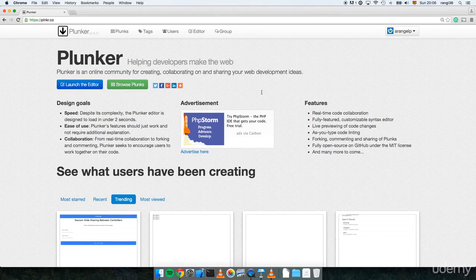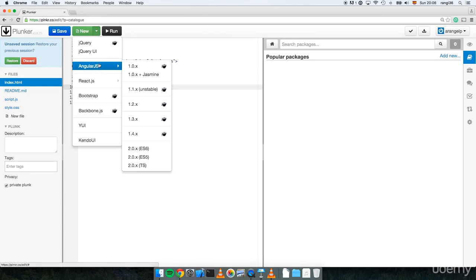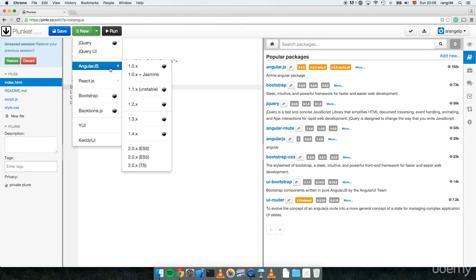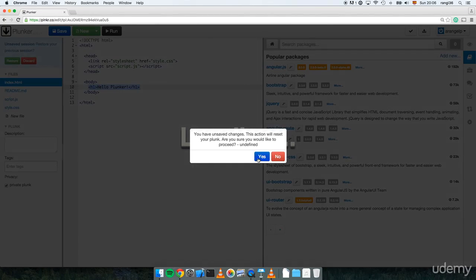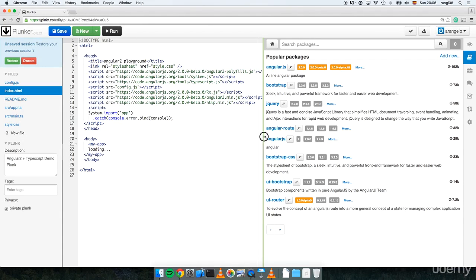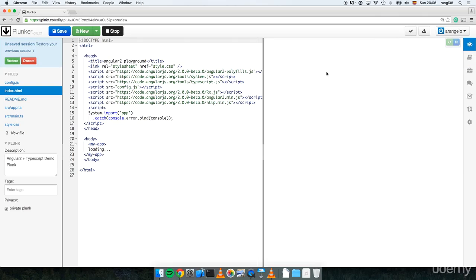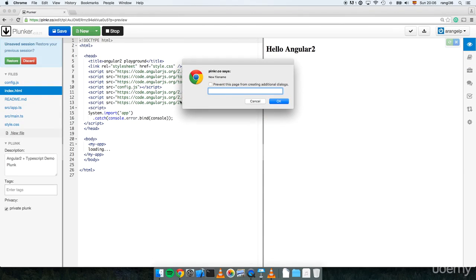Let's make a practical example with the for range. So as usual, we will open Plunker, we will create a new application for Angular 2 TypeScript. We are here, yes. And okay, so first we will create a file. We will call this for range directive. I forgot the folder, so the source folder for range